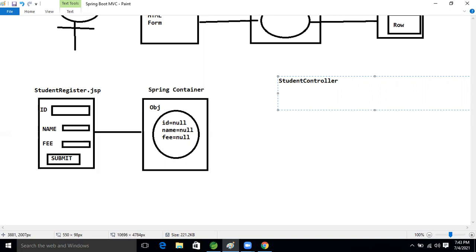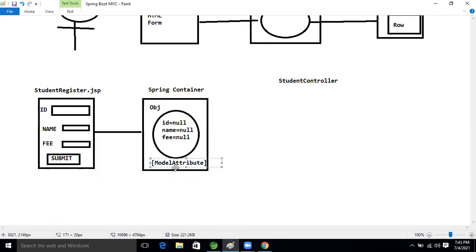Inside that controller, if we want to read this data, we say that this data is nothing but a model attribute, guys. Model attribute.